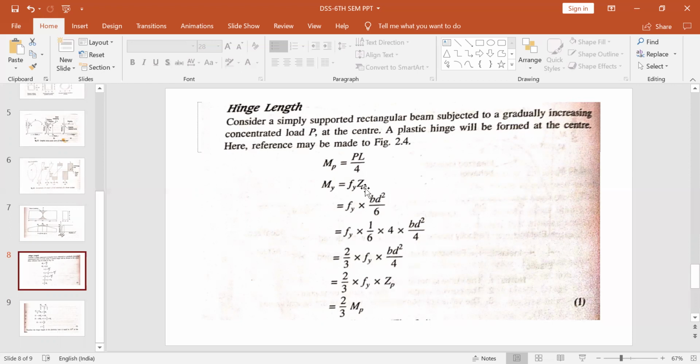So this is the elastic section modulus and this is the plastic section modulus. Both are different. Elastic section modulus is the section modulus of the beam in the elastic stage. Plastic section modulus is the section modulus of the beam in the plastic stage. So My is 2 by 3 into MP. Correct? So now,